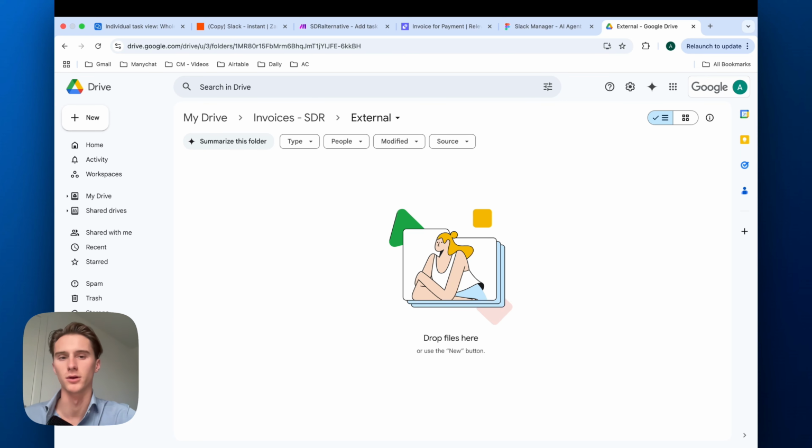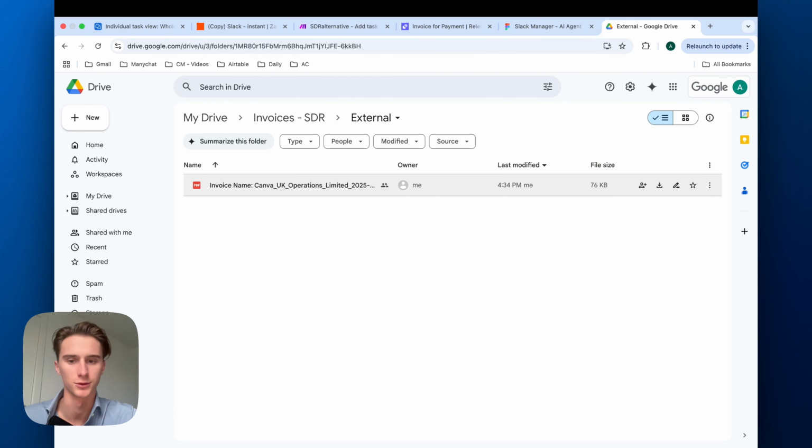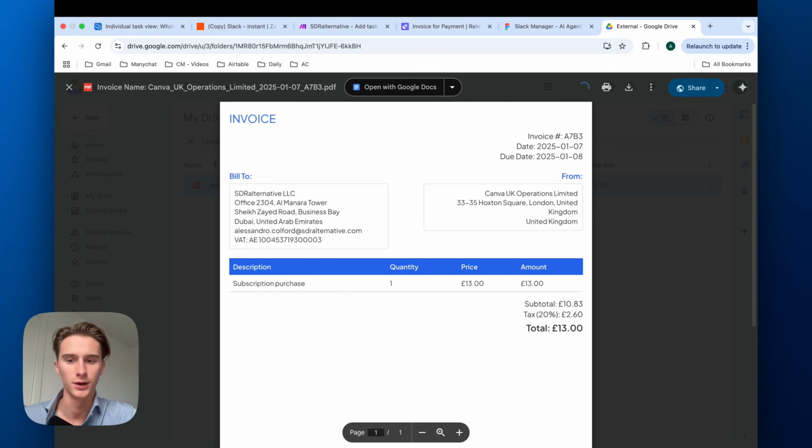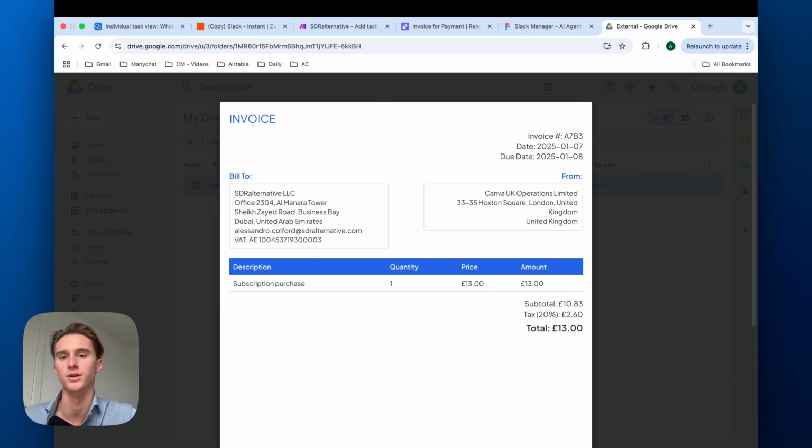Basically the invoice will get categorized as internal or external. Internal means it's from someone on the team who you need to pay, and external is like a software or an external cost. The new invoice should appear here, and if we click on it, you see it just generated a new invoice. The old invoice didn't have my company details on it, and here it creates a new one with my company details on it,